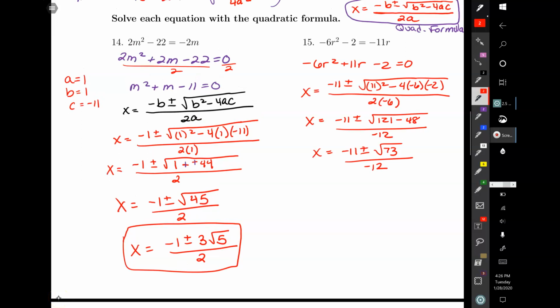So what I did was plug in the negative 11 plus or minus the square root of 11 squared minus 4 times minus 6 times minus 2, all divided by 2 times negative 6. So I end up with x equals negative 11 plus or minus the square root of 73, all divided by negative 12. So the problem here is I